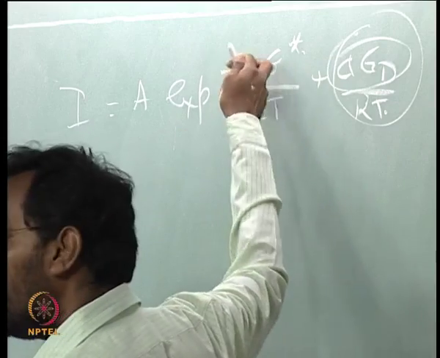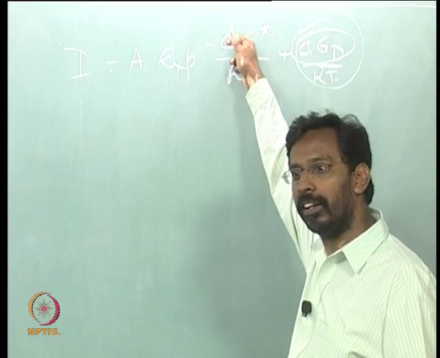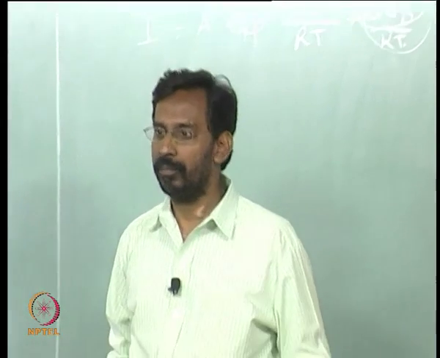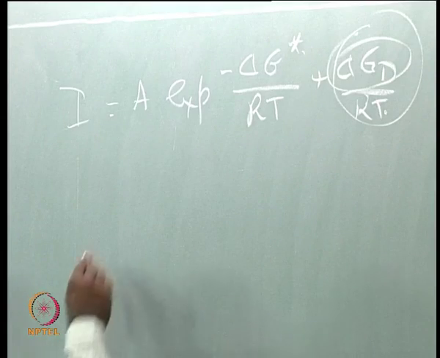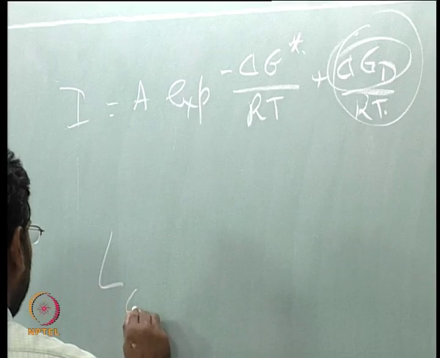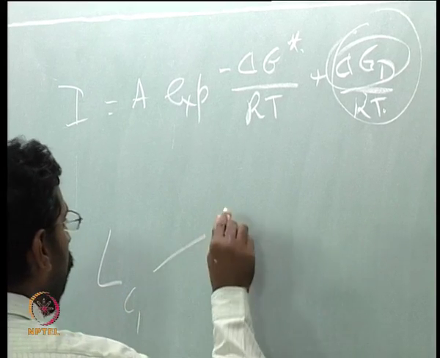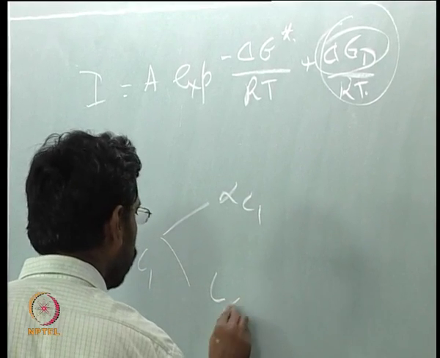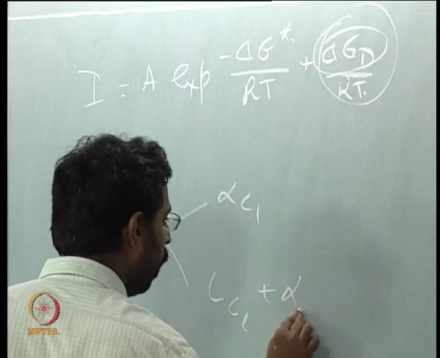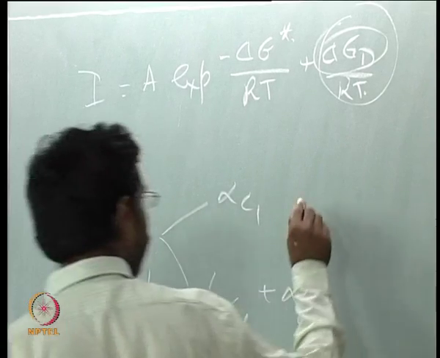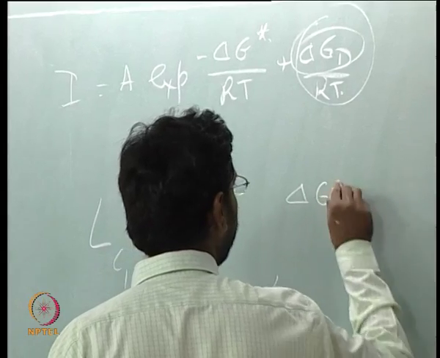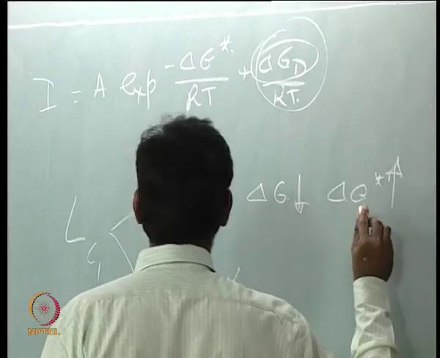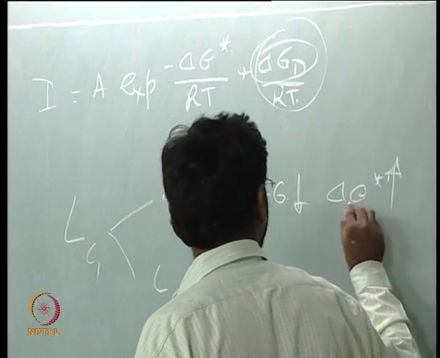You are right, this is also there, delta G star is going to be higher if the delta G is going to be lower. If the driving force, so if I look at liquid of some particular composition C1 going to alpha of C1, or liquid going to liquid of C_l plus alpha of C_alpha composition, if this delta G is smaller, then delta G star is larger here. This is delta G star only for the nucleus,